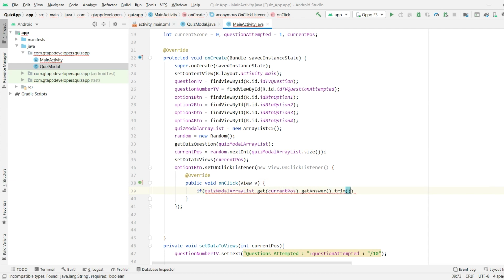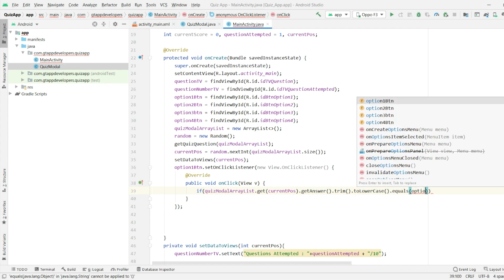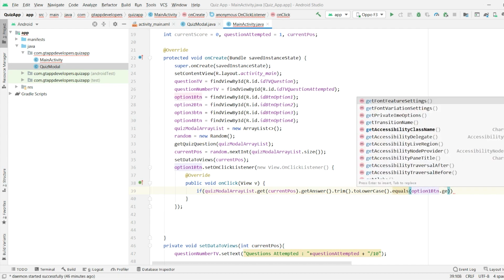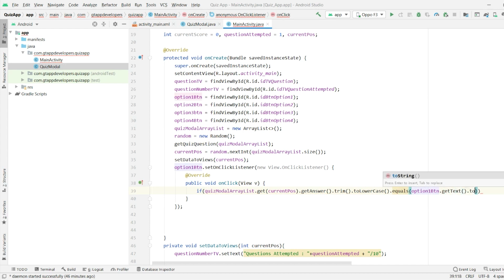So here trim is used to remove the spaces between the options. That is, if the option has spaces present in it, trim will remove the spaces. Then we will convert it to lowercase and compare with dot equals. For comparing, we will get the text from our button, that is option 1 dot get text dot to string.